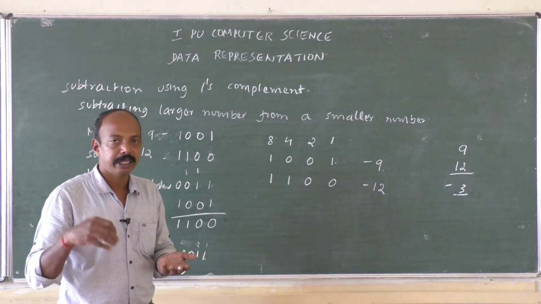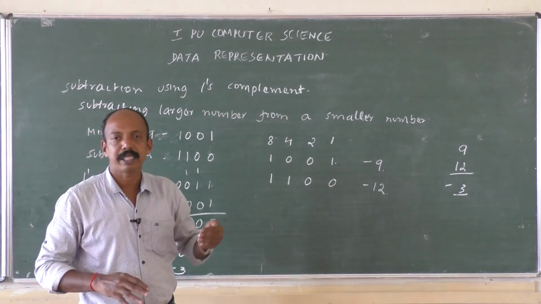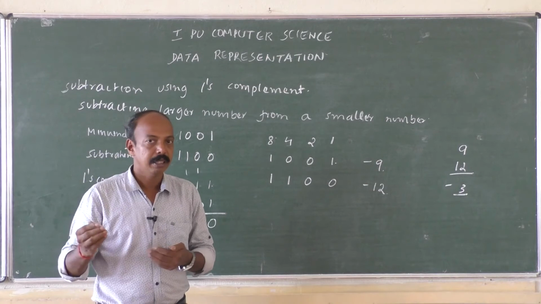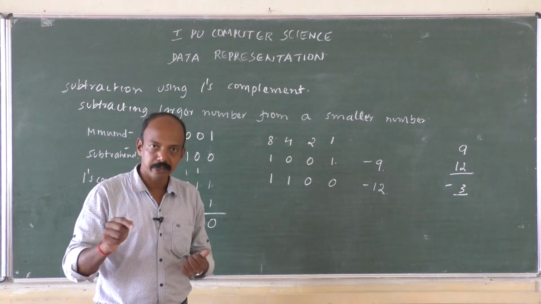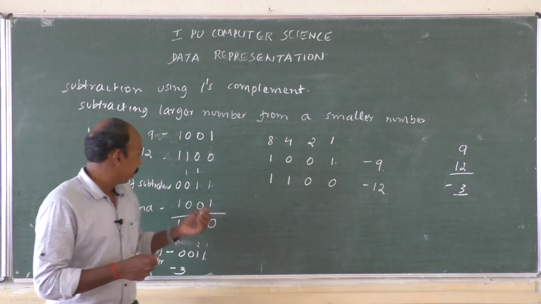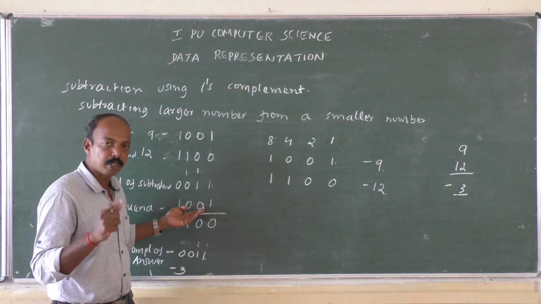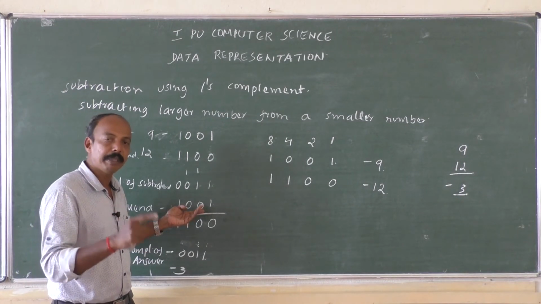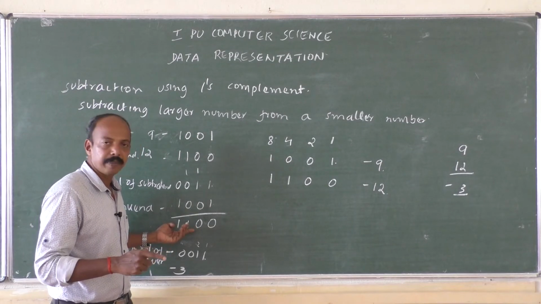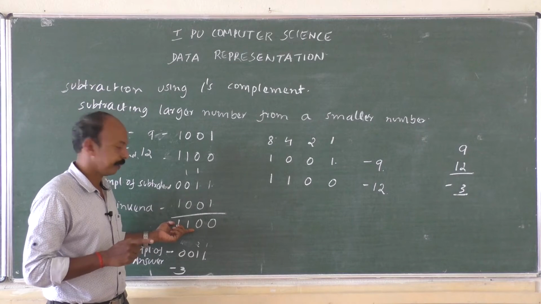If you convert that to decimal, we will get the same answer as in decimal subtraction. But when we are subtracting a larger number from a smaller number, of course we will get a negative value, right? In this case also we will do the same till here. Take 1's complement of the subtrahend, add it to the minuend. Look at the answer. There won't be an end around carry. We should not get an end around carry.